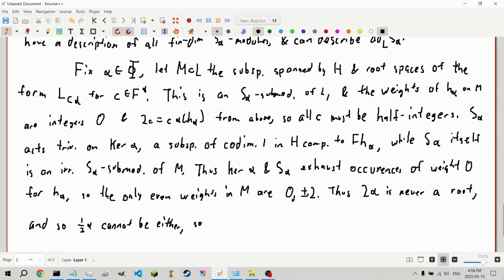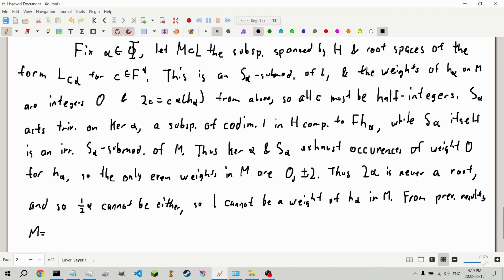So 1 cannot be a weight of H alpha in M. From what we've seen from previous results, we have that M is equal to H plus our S of alpha,